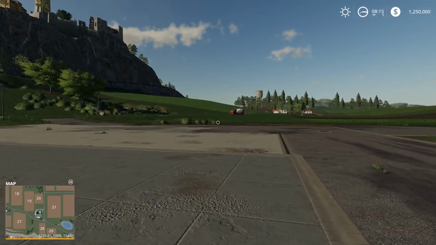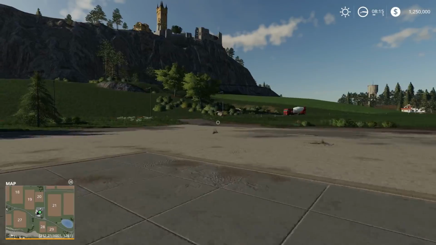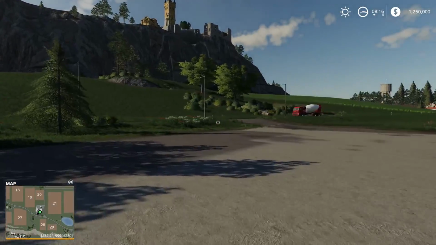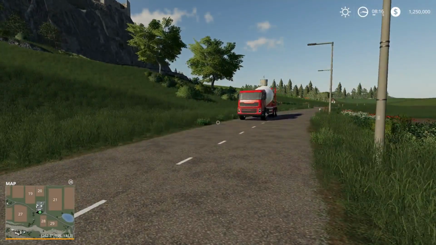Hey, there's a cement truck. No, that's not the name of the game. The name of the game is obviously Farm Sim 19. I decided to go ahead and restart the map here. This is cool. This is actually the first time...